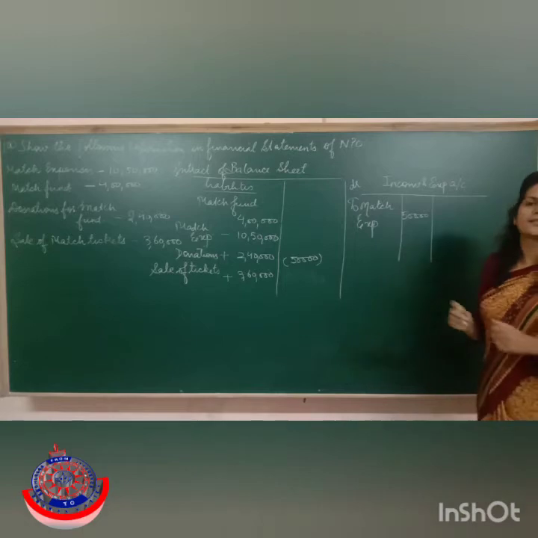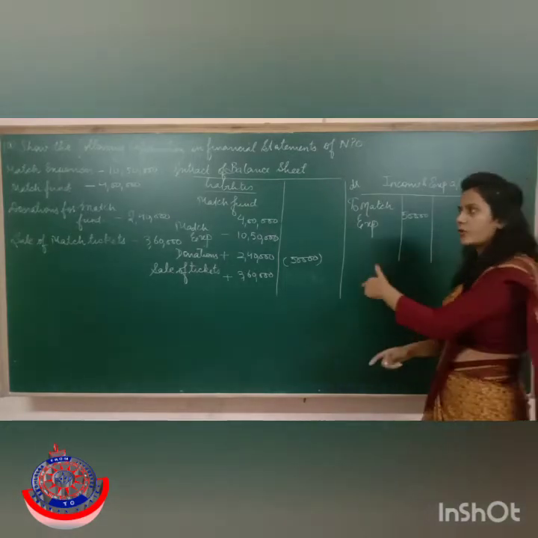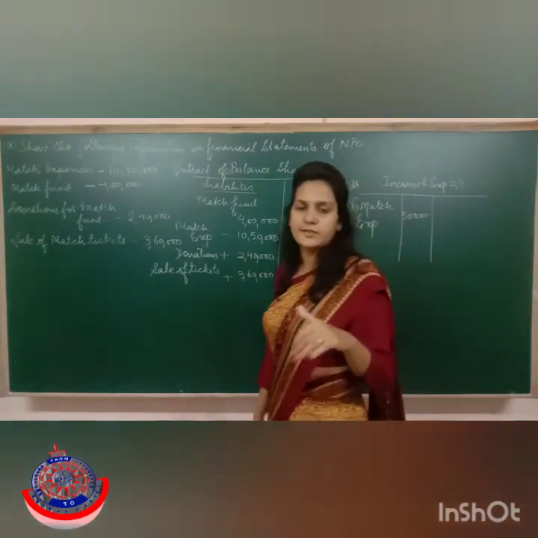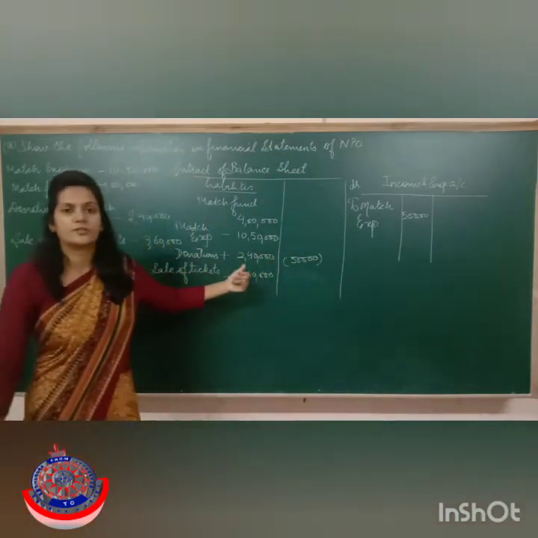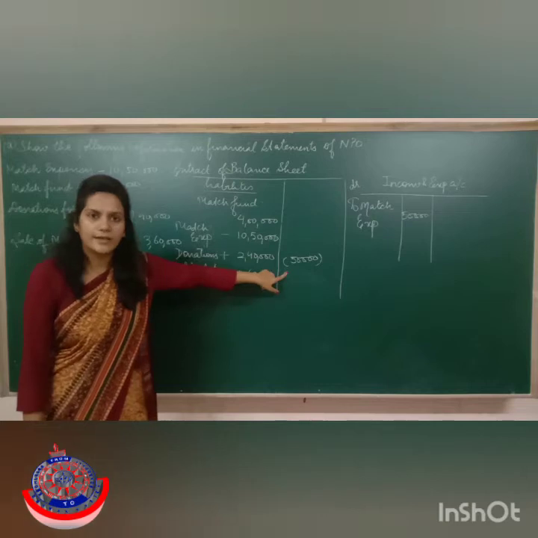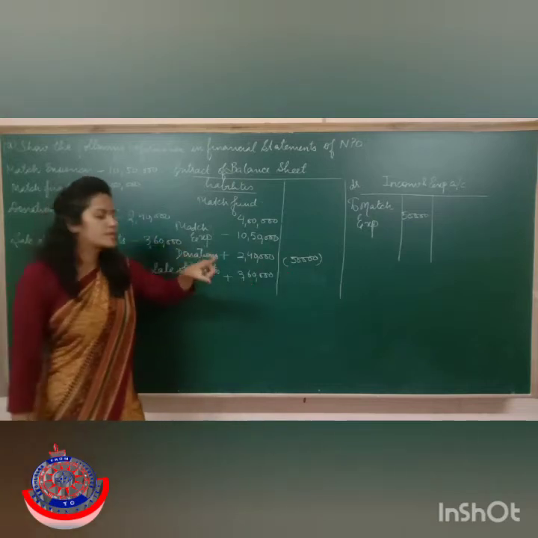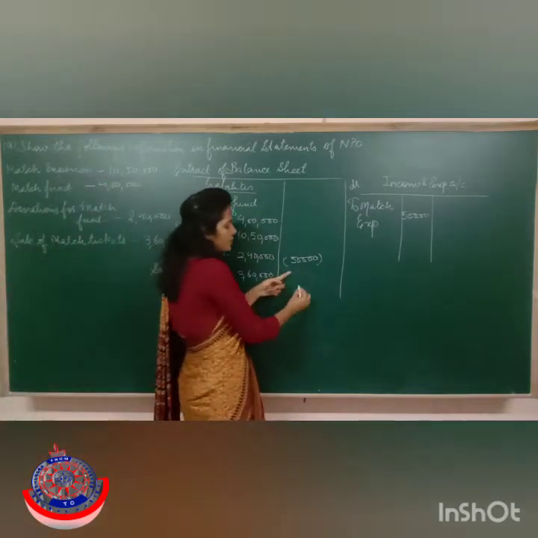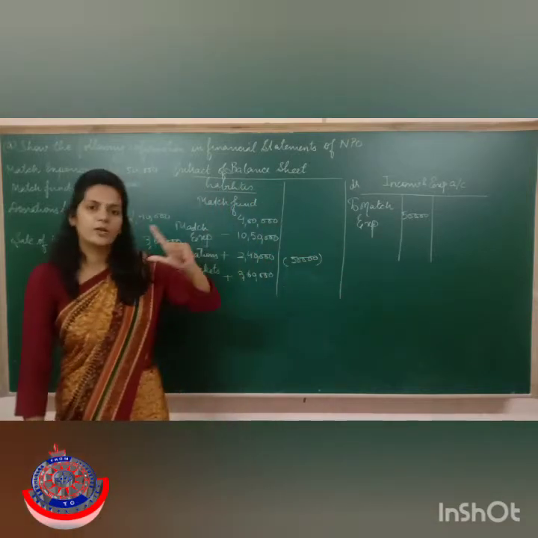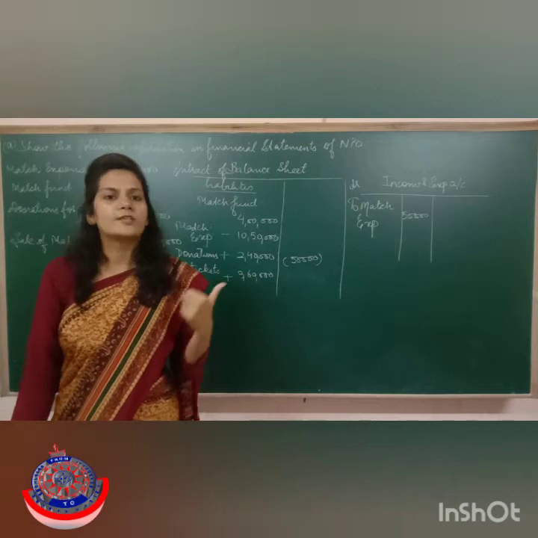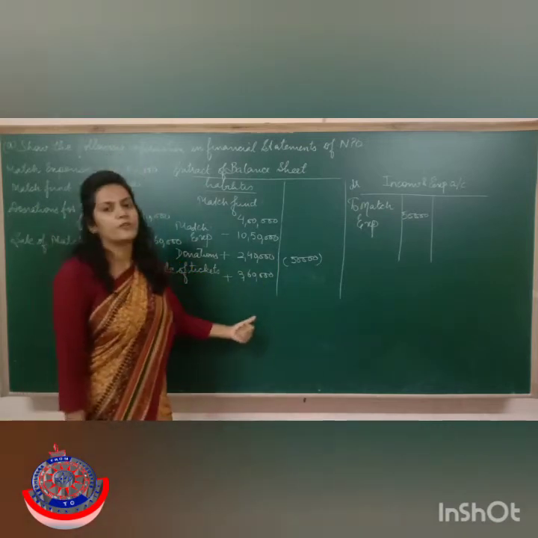I hope this point is clear to you all. This is how we have to solve this question. This year itself, in 2020, when I checked the board papers, I checked the same question, where the balance was coming in negative, and many students were making the mistake of not shifting this balance into the income and expenditure account. That's why 1 mark was deducted and only 2 marks were awarded to them. So please be careful about it.